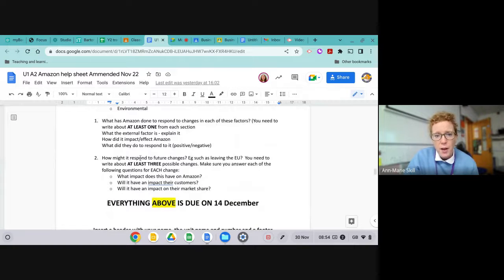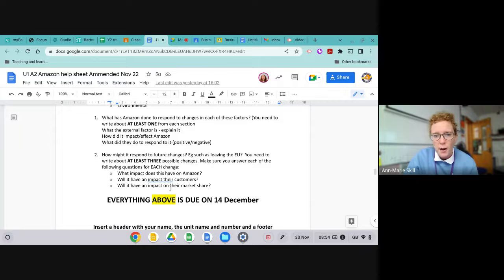Number two is how might it respond to future changes? So you could look up what's happening in the future for Amazon. What is the future of Amazon? And look at the technology that's happening. What are they going to be looking at in the future? So there are websites that give you some information about what's happening in the future, and Amazon's got lots of news articles, things that they're doing. So if you look up Amazon news, there's lots of things that you could write about,